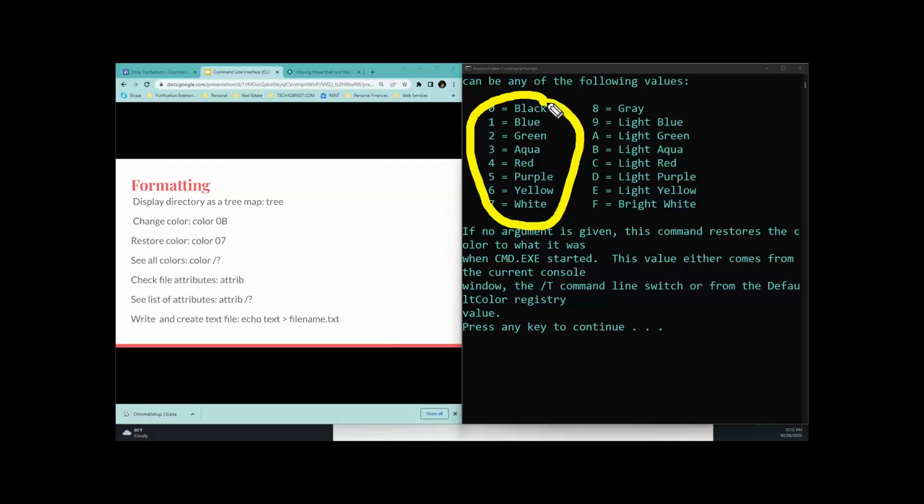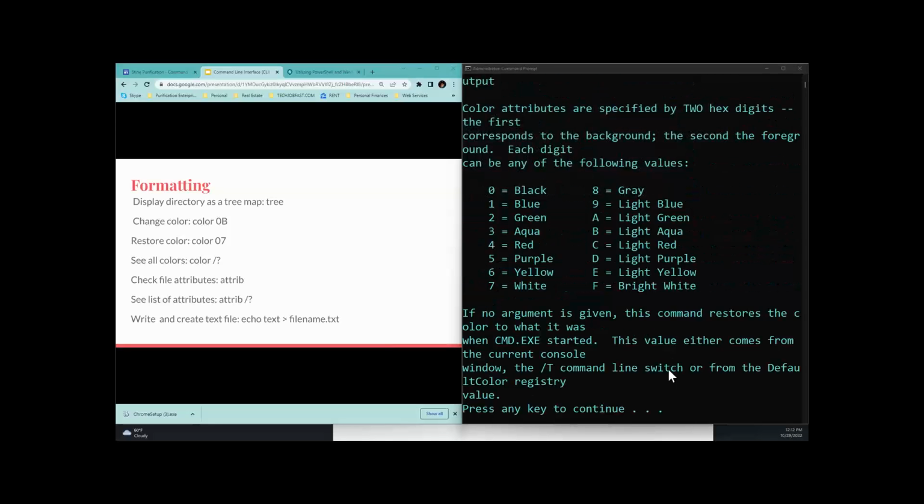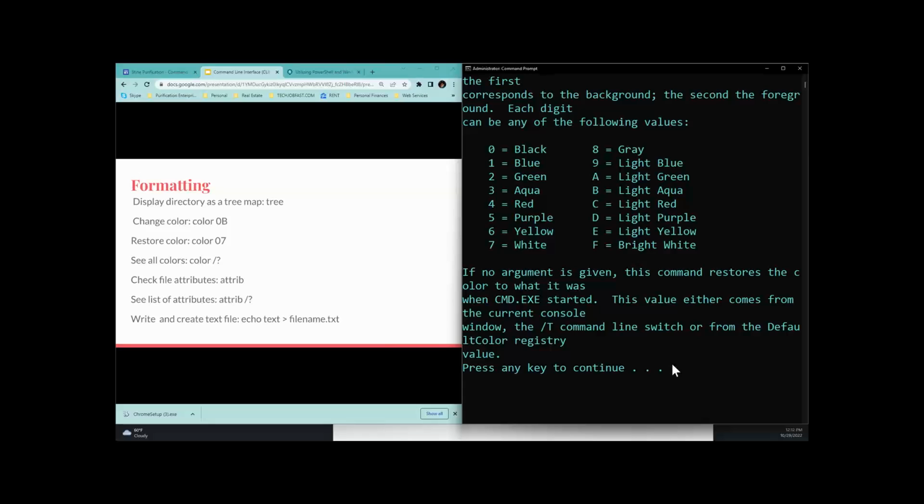Right now the background is black, and these options are for typing the letters, the font color that you would like. So what if I wanted the background to be, let's say, green, and I wanted my writing to be red? Then what I can do is I can go in here, hit enter to exit out of this,